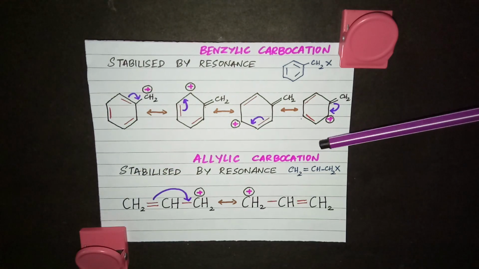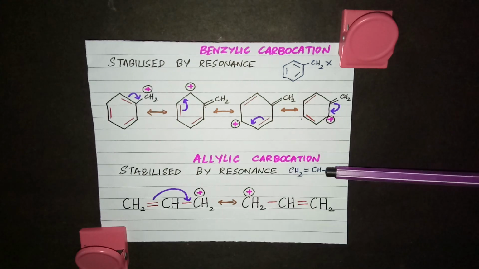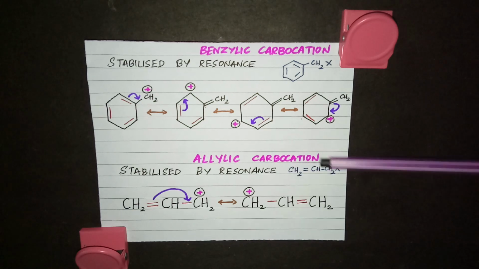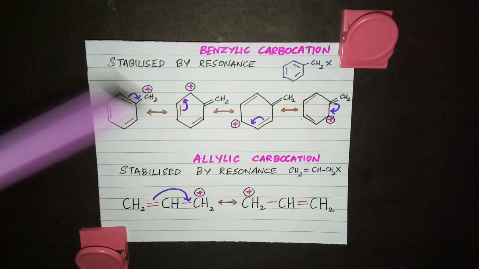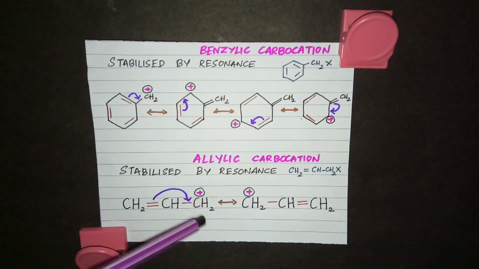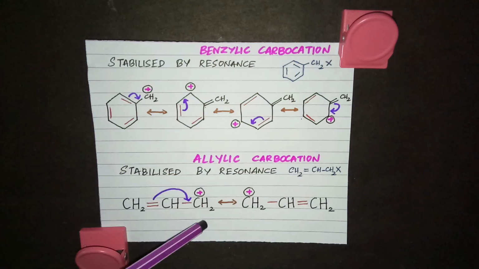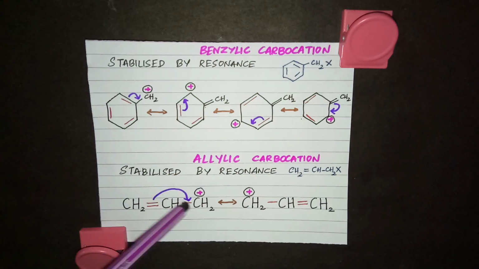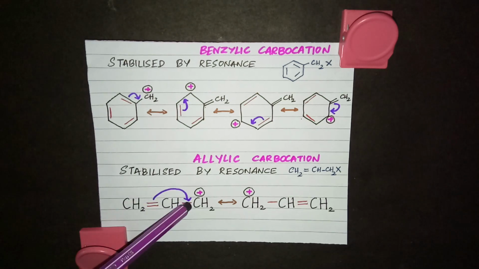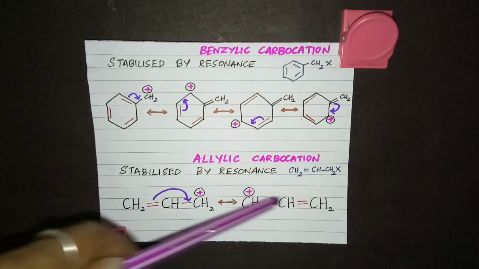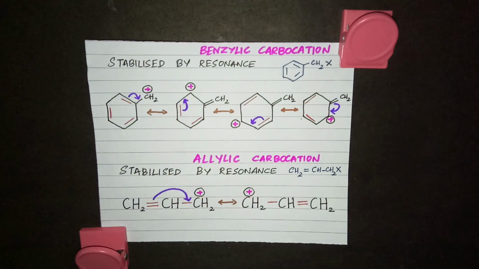Same way for allylic carbocation. See, I've told you what is allylic. This is the alpha carbon. If that alpha carbon is attached to a carbon double bonded system, then we call that allylic. So this is allylic halide. And this can give you allylic carbocation, which is nothing but instead of this X, you get a positive charge on this carbon. So here's a double bond. Since a positive charge is on the carbon, these electrons are moving here. So I put a double bond here. So this carbon gets a positive charge. So these two are resonance structures of allylic carbocation.